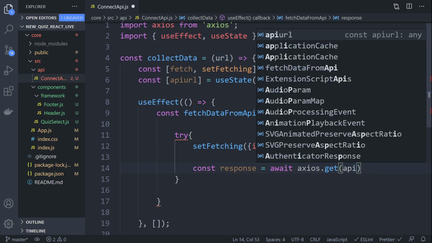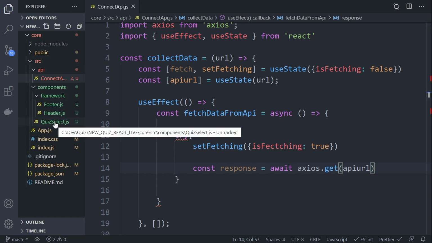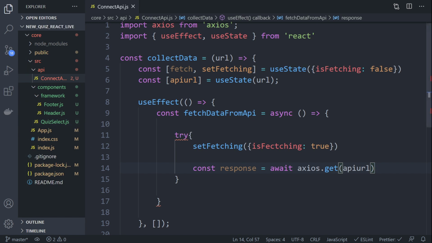So that's how we can get the URL. So what's going to happen eventually in our quiz select file is that we're going to define the URL to send across. That's going to then be passed in and saved into the state and then accessed via API URL. So that's going to now fire off a request to the API and then return the data into this variable